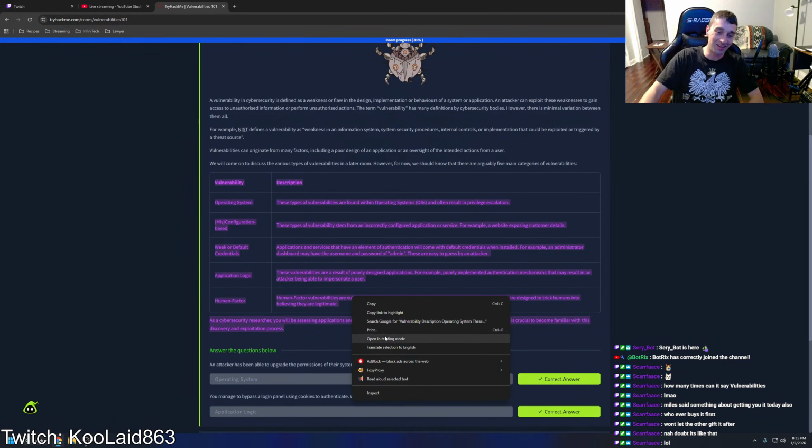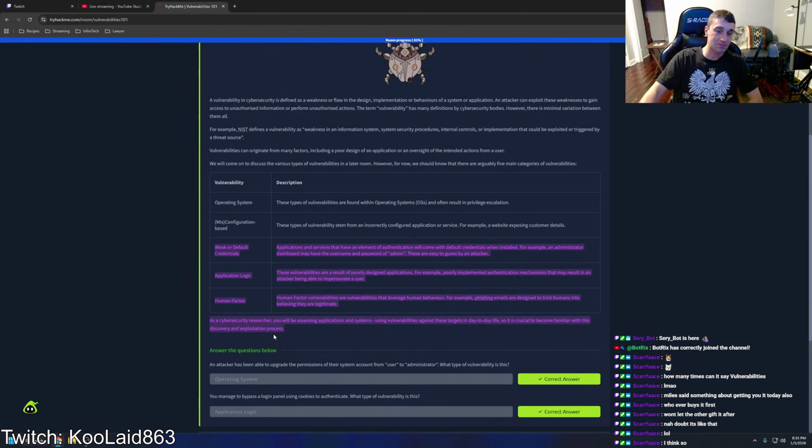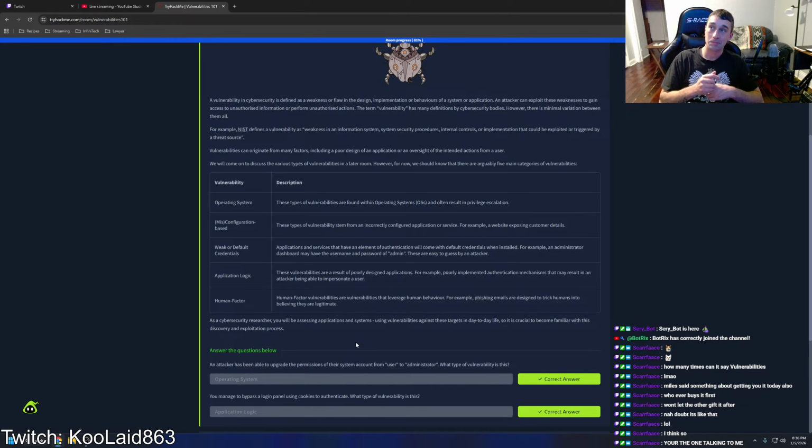Weak or default credentials: applications and services that have an element of authentication will come with default credentials when installed. For example,